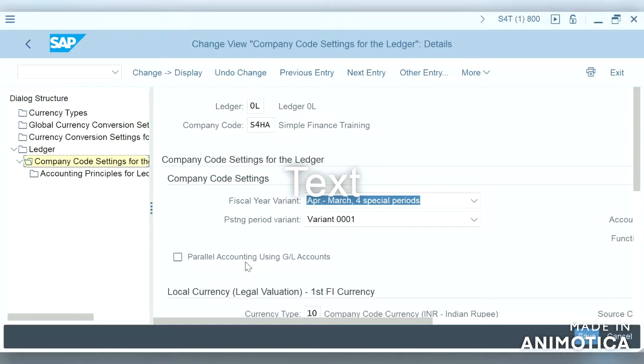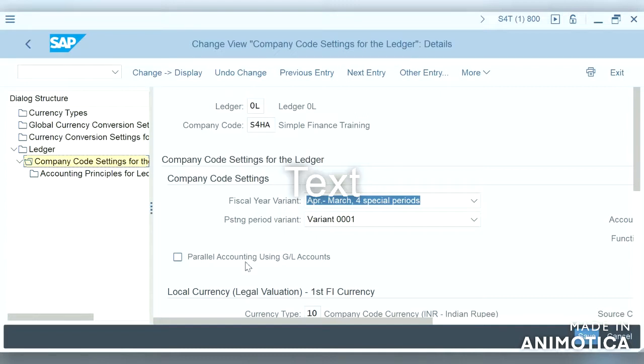That means if we have to report in India GAAP, and we have to report in IFRS, and we have to report in another specific legal requirement, then for each and every requirement we need to have a separate ledger. If that is the process, then it is a ledger based approach.